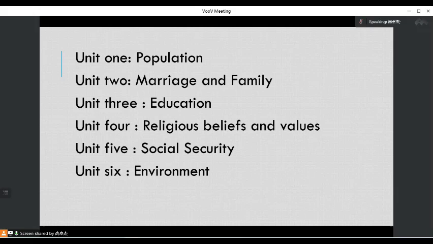In this unit, you learn about how many people there are in China, how many ethnic groups there are in China, and the policy the Chinese government adopts for population. 中国政府关于人口的政策。